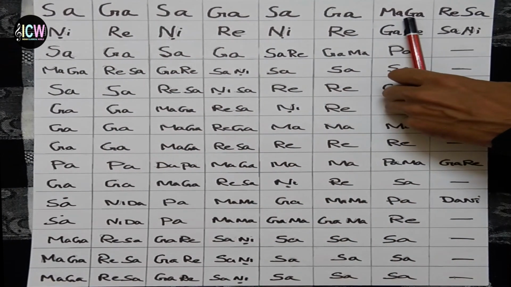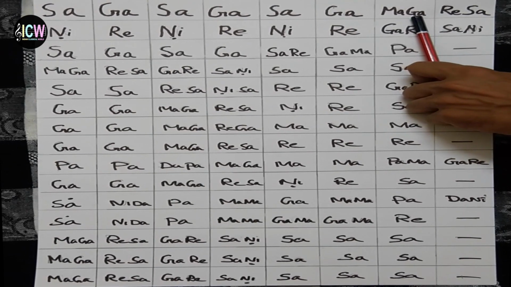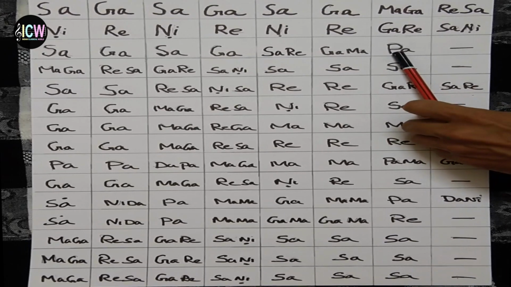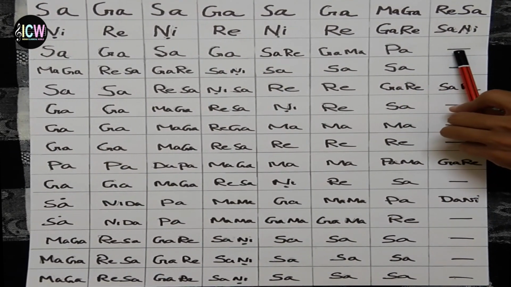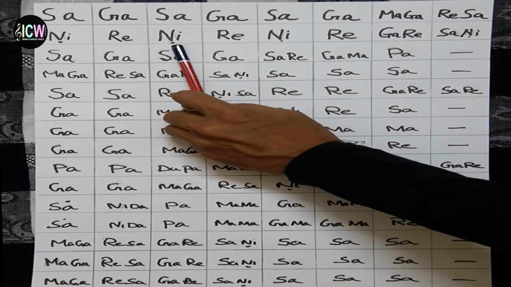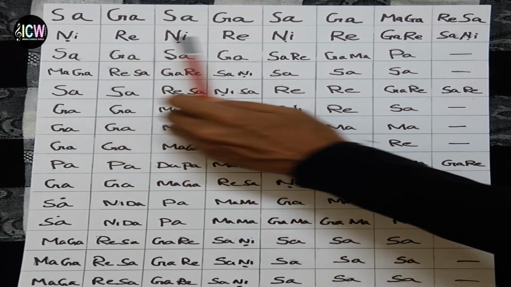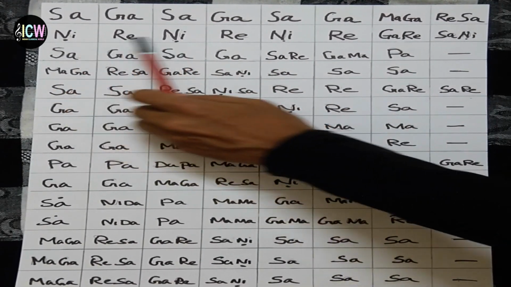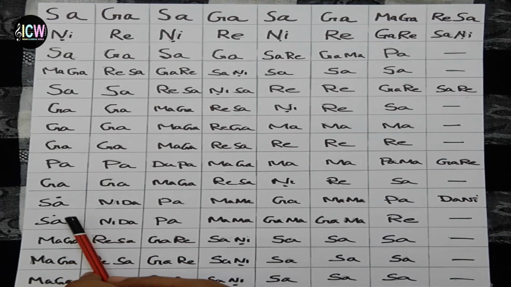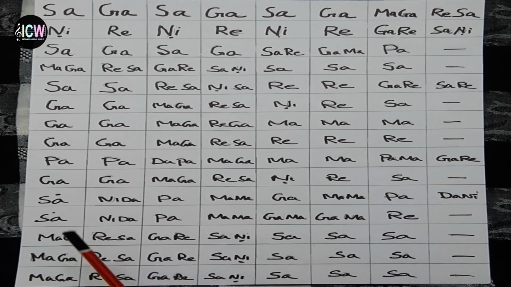You can see here 2 notes in a box. That means it should be played in second speed. And you can see a dash here, that means extending this note for 1 beat. And there are dots below the notes. That means this note belongs to the lower octave. The lower octave notes are denoted in this way. And if the note has a dot above it, that is called a higher octave note.